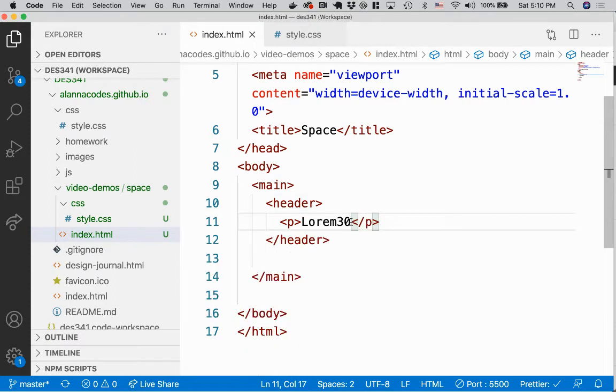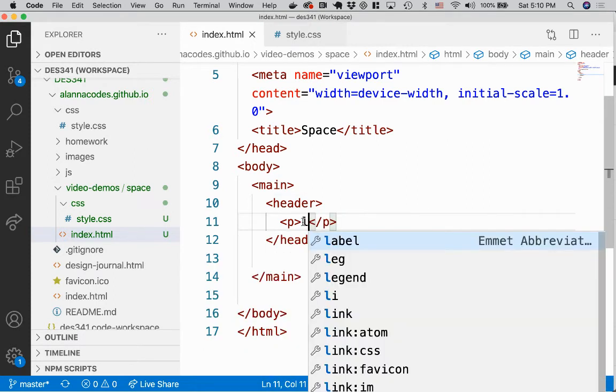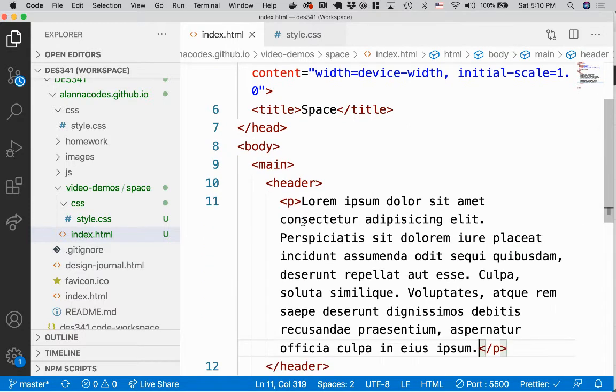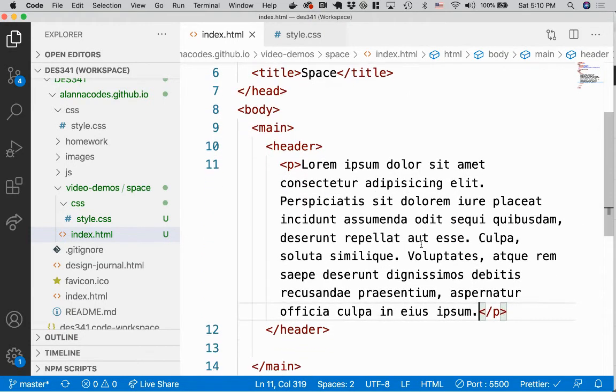So if you have Emmet working, all you have to do is type the word lorem, and as you can see, it doesn't even care if it's uppercase or lowercase. And then without any space after, type in the number that you want. So I can say 40, and that'll give me 40 words of Lorem Ipsum text,